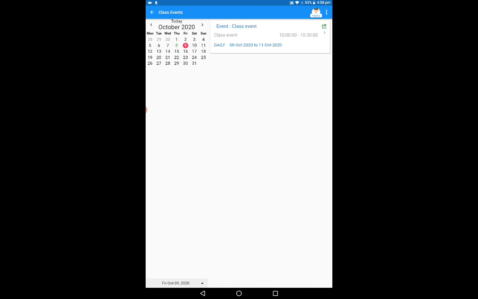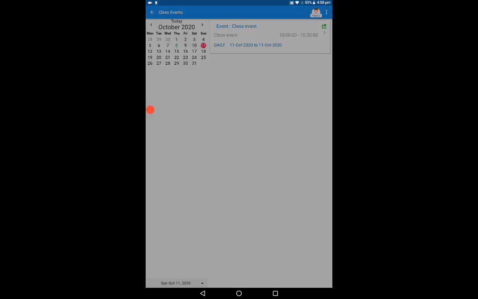Now click on the 8th so that these are the events seen on the 8th day, and on the 9th you can see the class event, and on the 10th you can see the class event, and on the 11th here also you can see the class event. So the repeated class events have been created by the school. These are the 4 class events, and this is a video regarding the creation of class events repeatedly.